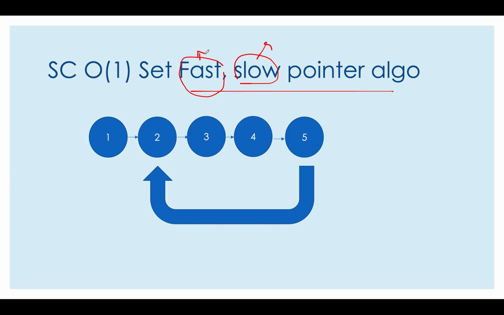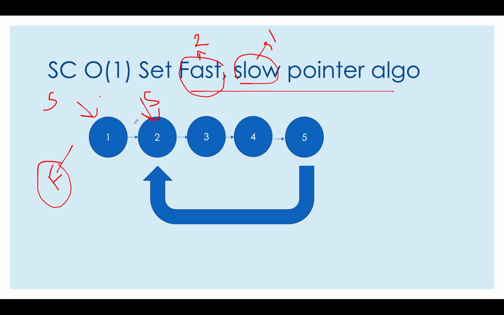One greater than that of the slow unit. So fast moves by two places and slow moves by a single place. And since the name suggests this, we will be doing exactly the same thing. So we have slow here, we have fast here. Till the time fast is not null, we will keep on doing the same thing, and we will move slow to one node ahead. Slow gets here,